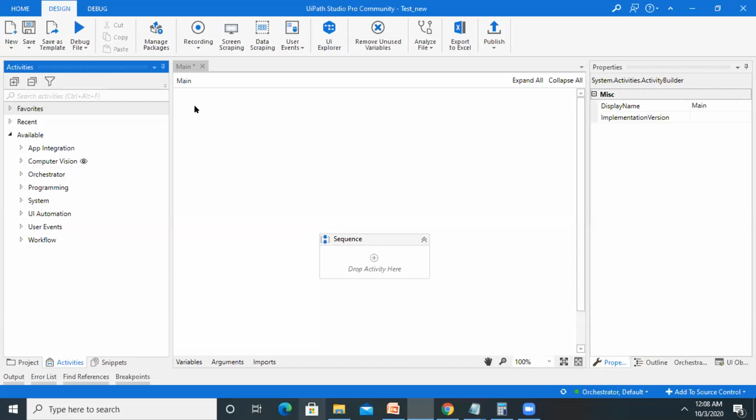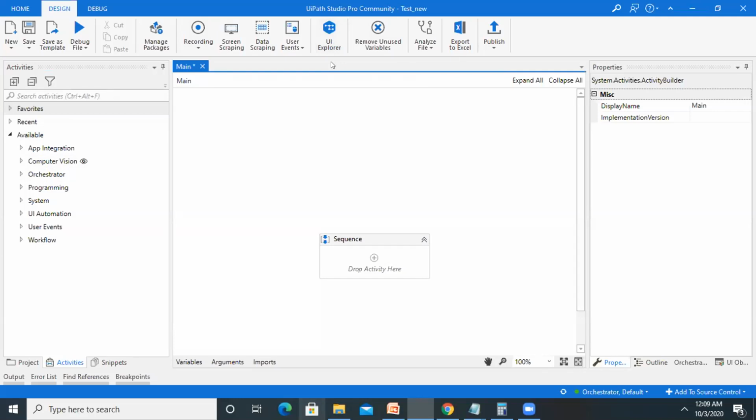In our UiPath Studio, when we click on UI Explorer, it will open a window where we can see the different components that are selected when we are working with selectors.